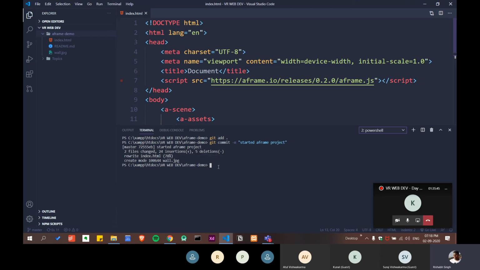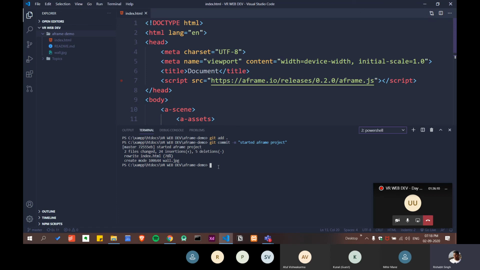And now what was the last command? Anyone remember the last command? Git origin master. Okay, that was correct, but before origin master there was one word. If you remember, anyone?